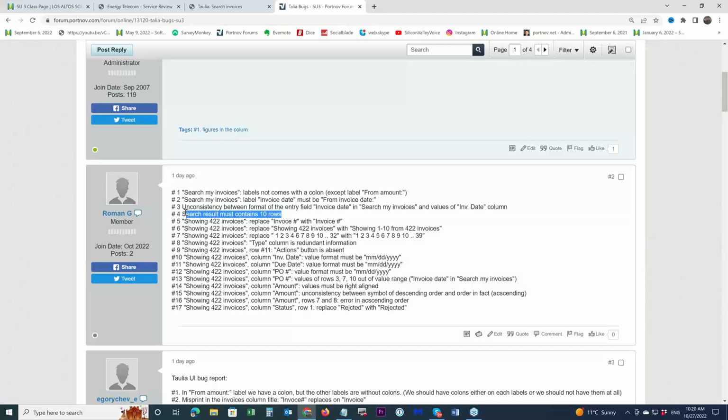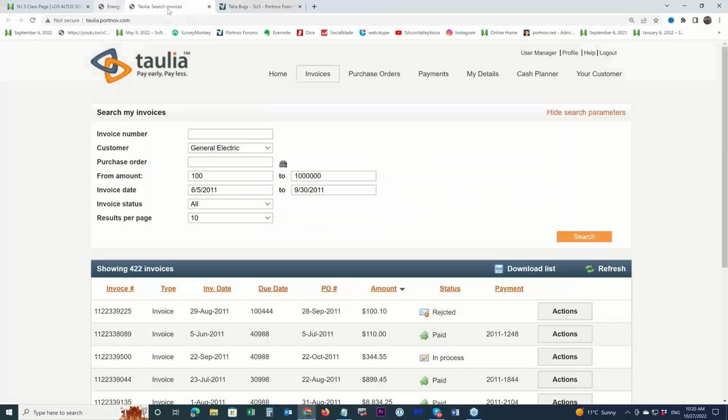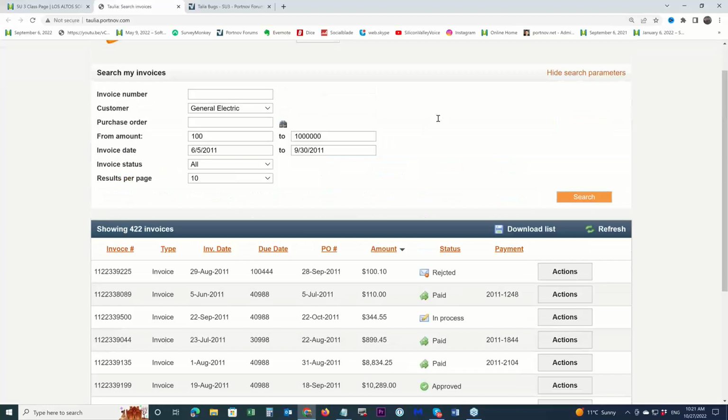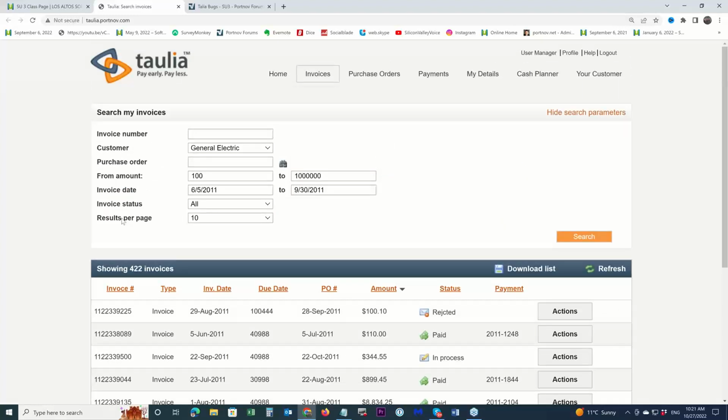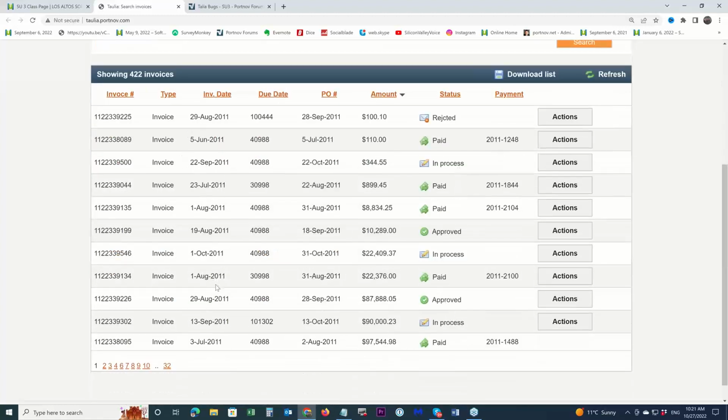He says search result must contain 10 rows. Okay, what Roman means? I will close it for a while. What he means is we should have results per page 10. We should have 10 results in search results table here.